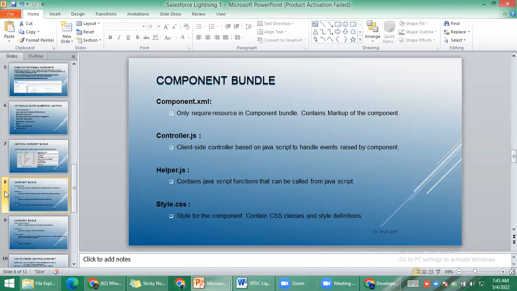Basically, by using this component.xml, we design the UI of your component. Understand? With the help of this bundle, you can see the particular output, meaning UI design and everything you can do with the help of component.xml. Another one is